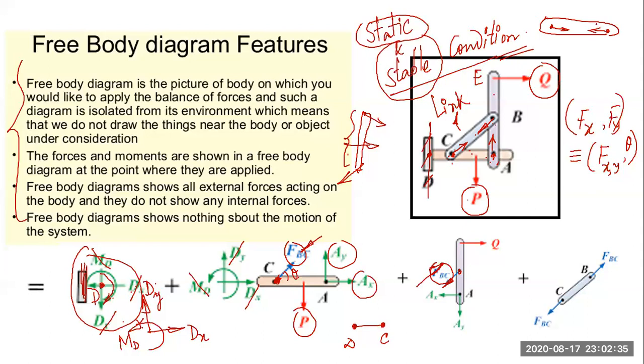If you again go to the free body diagram of this, from this point, there is a force of compression, but you have to neutralize this because we want stable equilibrium. So you have to also show the same force. If it is FBC, this is also FBC. So this is the free body diagram of point B, but this is the free body diagram of the link CB.